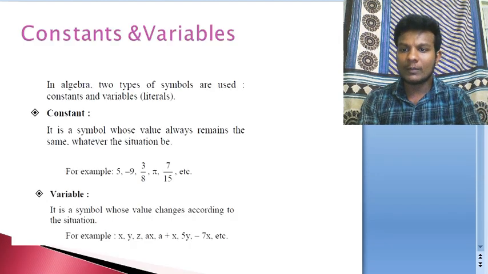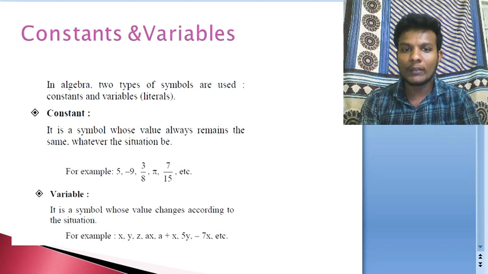To begin with algebra, first we need to know what are the entities or the quantities that you will have in your maths. Always in maths you will be having two kinds of quantities. One is going to be your constants, the other is going to be variables. We very well know all these things in our lower classes, but I will take a few minutes in revising these also. So what are constants and what are variables?